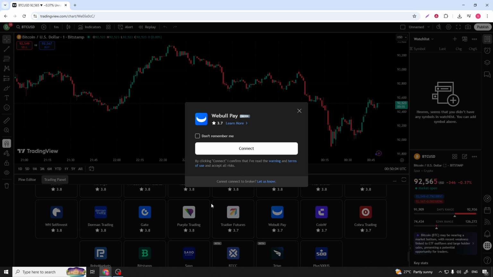This will open the connection window or prompt. From here, TradingView will guide you through the connection process. Typically, this means confirming that you want to connect, and then logging into your Webull account in the secure window that appears. Follow the on-screen instructions carefully, and make sure you only enter your login details in the official connection